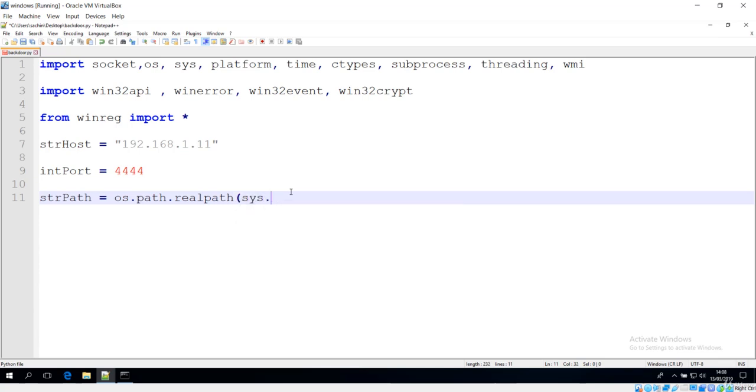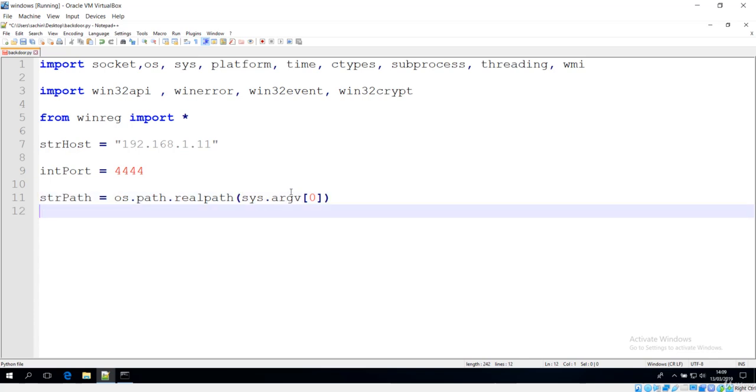If you use PyCharm, that will be interesting because it gives everything that you need, and installing packages is obviously much easier in PyCharm. So basically what we are doing here is getting this argument from the system, to get the file path.